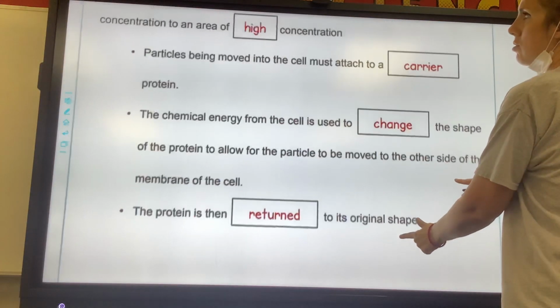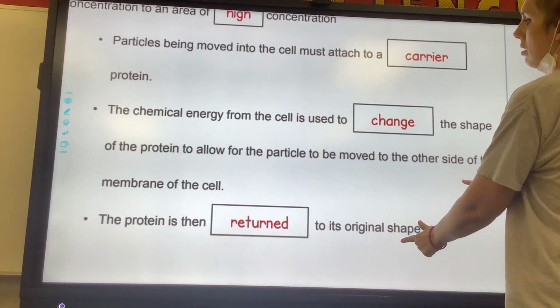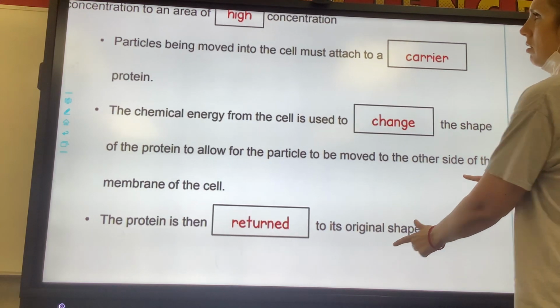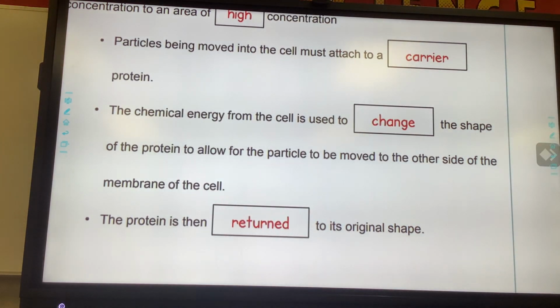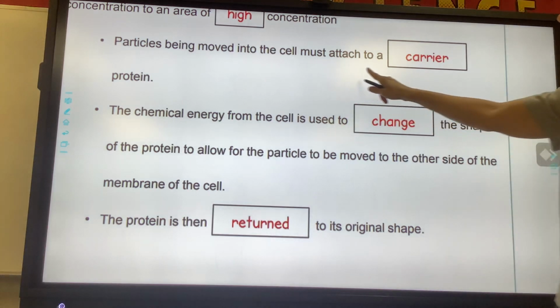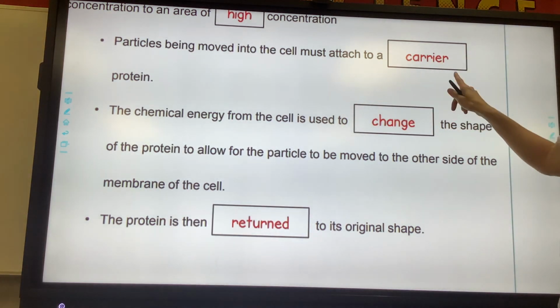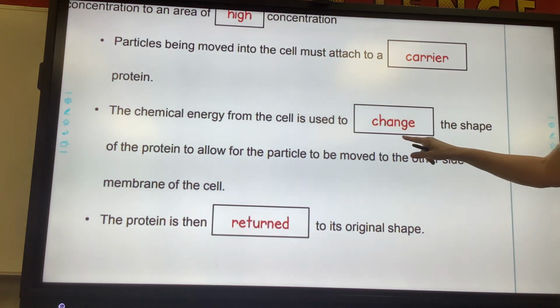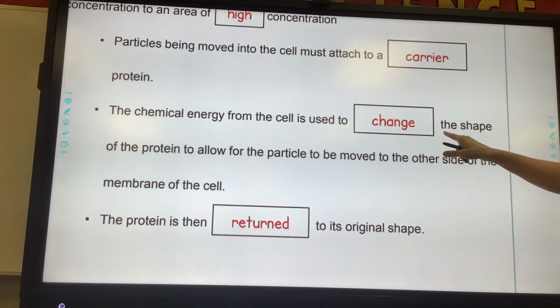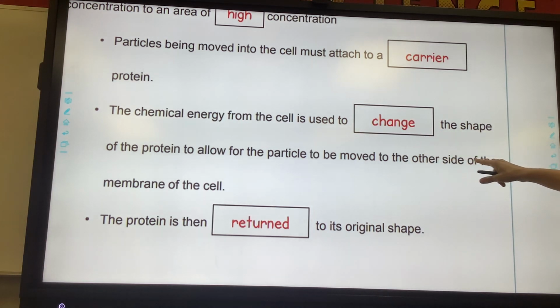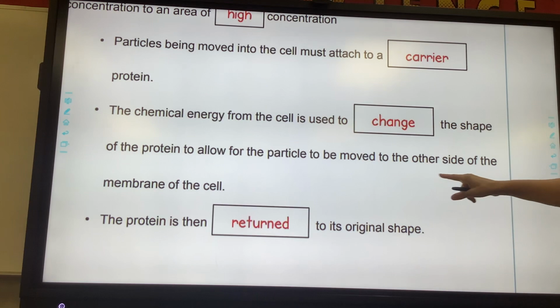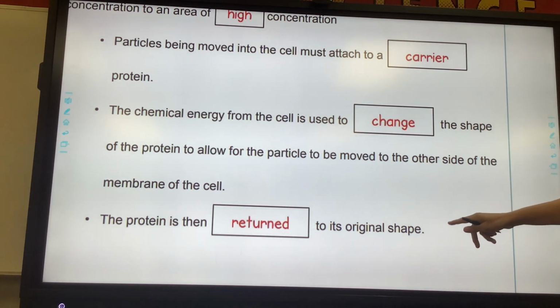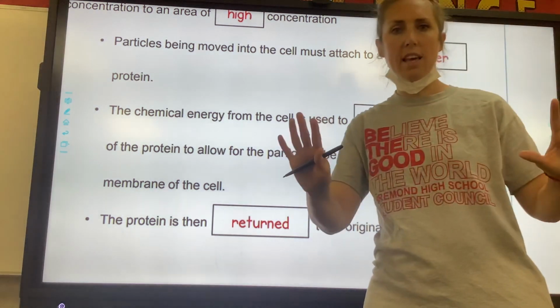Okay, here's some extra notes. So, particles being moved into the cell must attach to a carrier protein. The chemical energy from the cell is used to change the shape of the protein to allow the particles to be moved to the other side. The protein is then returned to its original shape. All that is saying is,